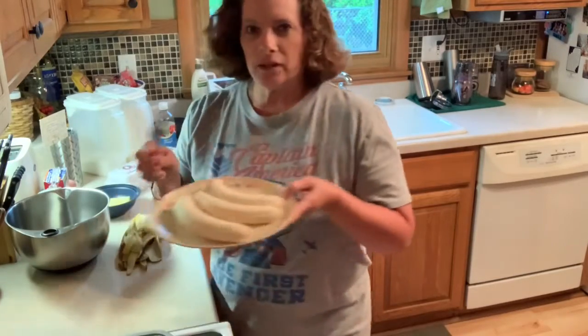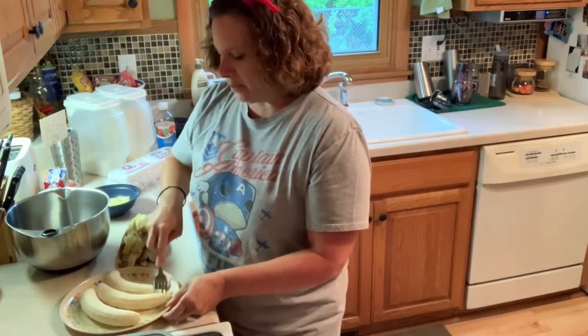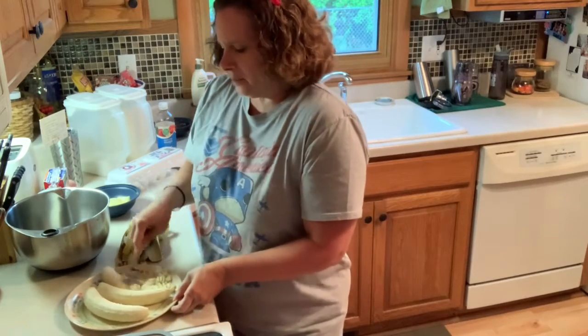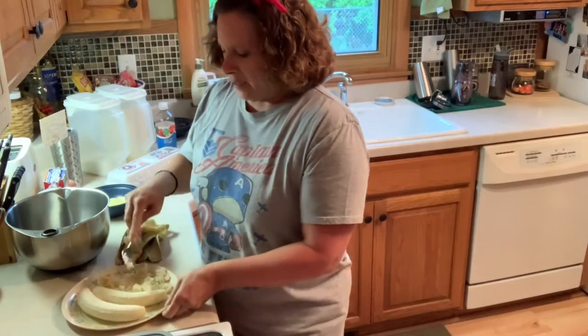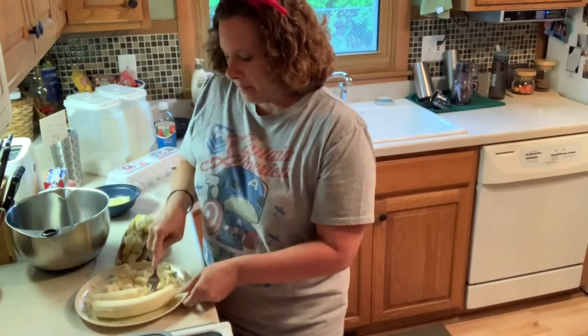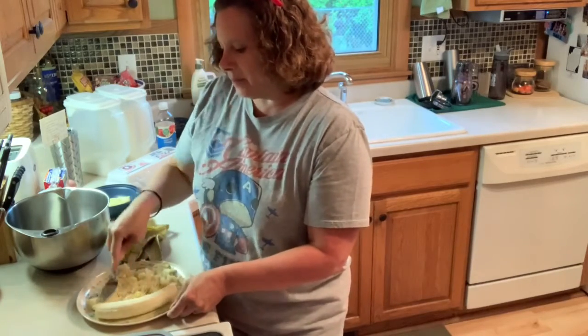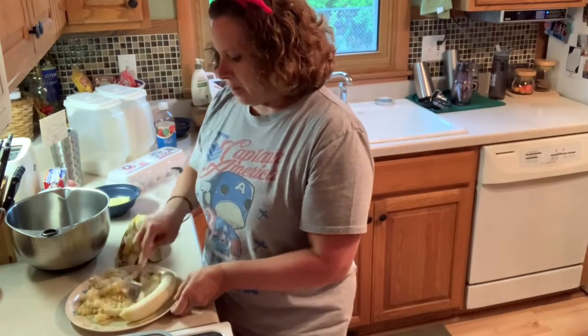What I usually do is I have my 3 bananas. I have taken off the skins, or rinds, and then I'm using a fork and I put them on a plate and I'm mashing them with my fork to get them all mashed up